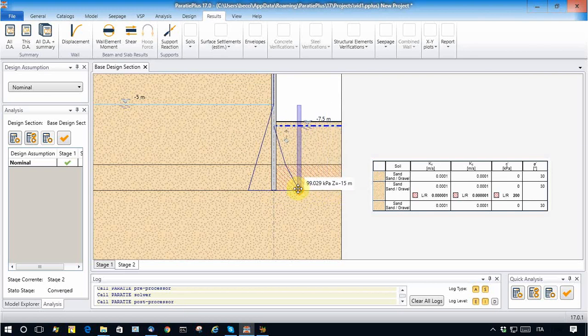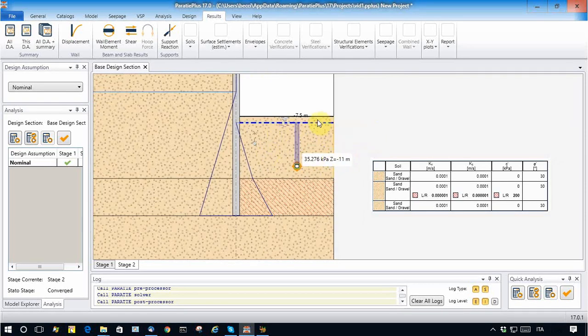So below the soil plug, the water pressures are essentially governed by the head, the water table in the surrounding soil. So what happens is that the reduction of the water pressure then becomes dramatic in the soil plug, and out of the soil plug,